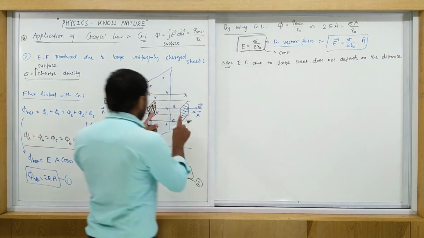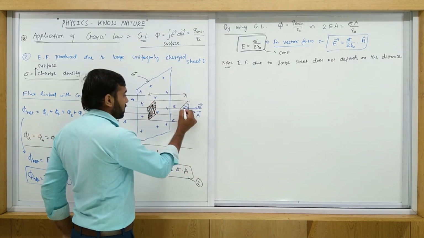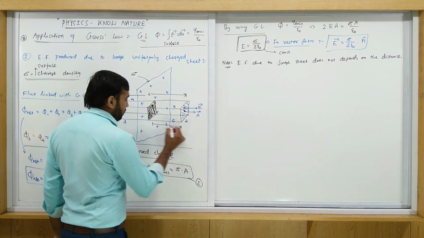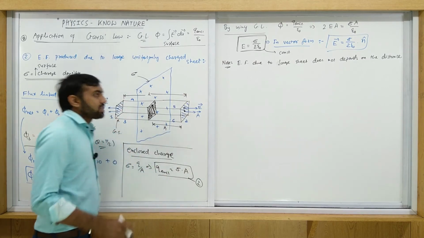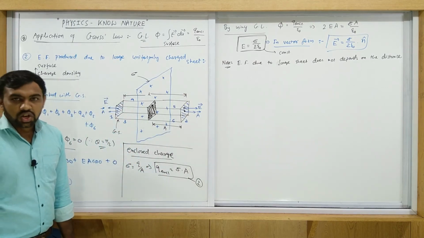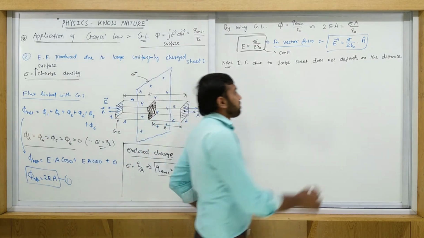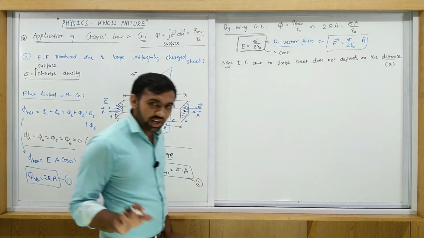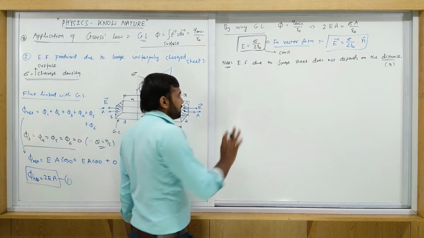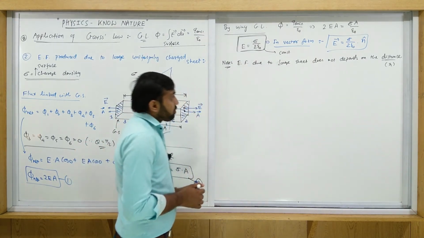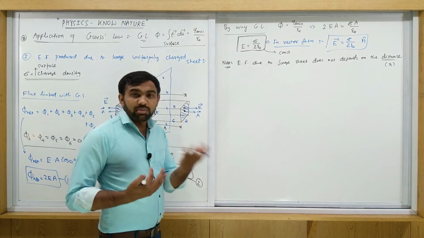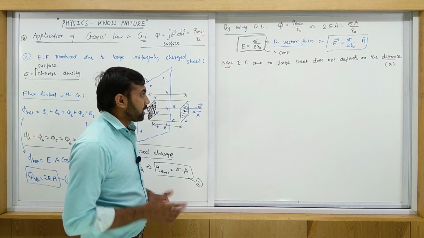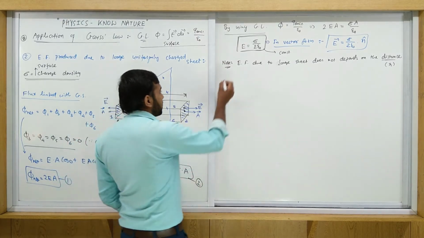If you consider this point P anywhere, and the distance of this point P from the sheet is supposed to be R, but R is not present here, so this does not depend on the distance R. So it means it is constant anywhere. From this concept, sometimes special types of MCQs are asked in examinations. So let's discuss another note.